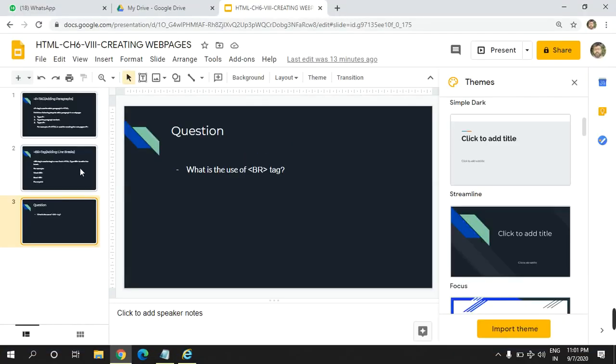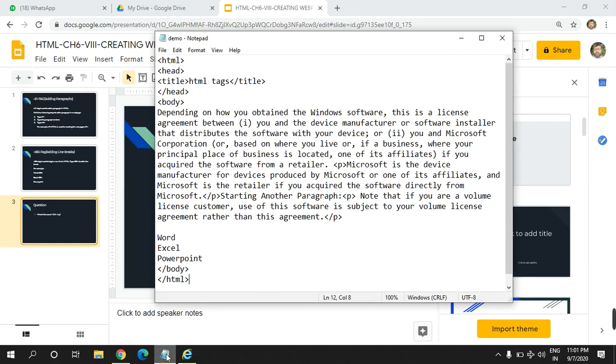Now let us see how these tags work. Here is a file that I have created for demonstration, and this file has a lot of text written in between the start body tag and the end body tag. You may see I have used the paragraph tags here.